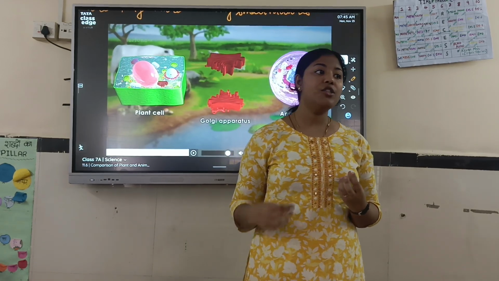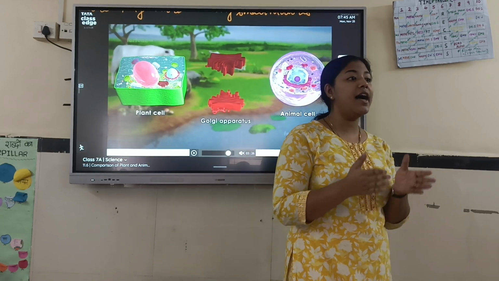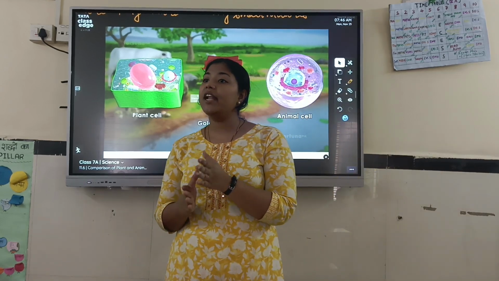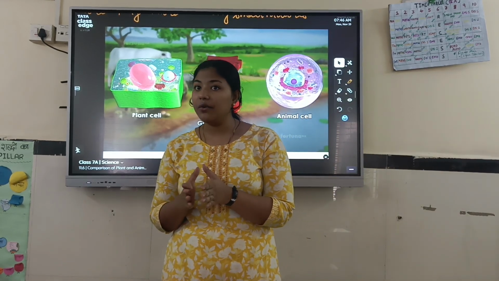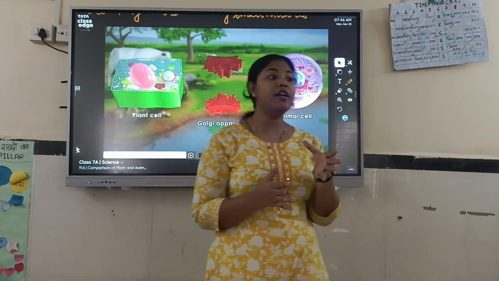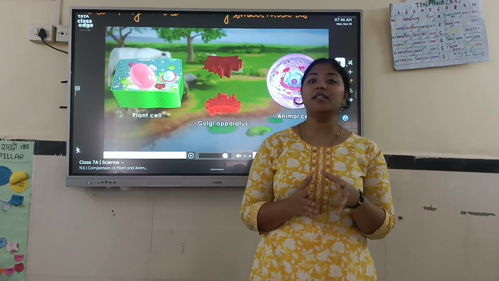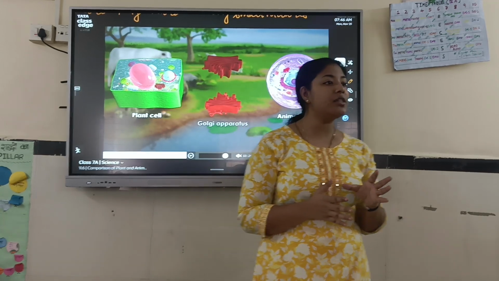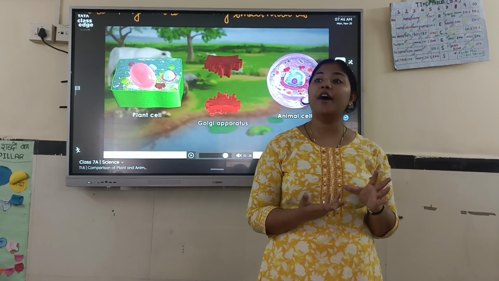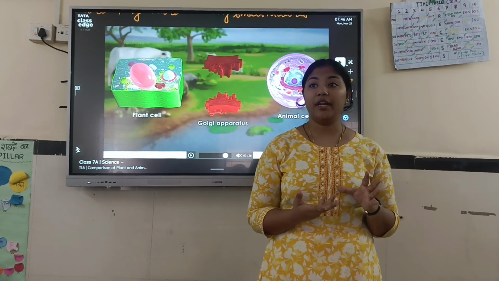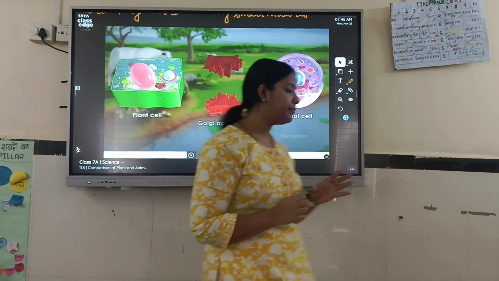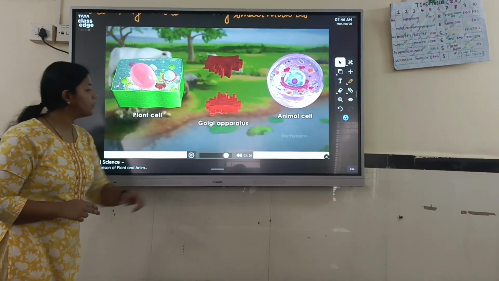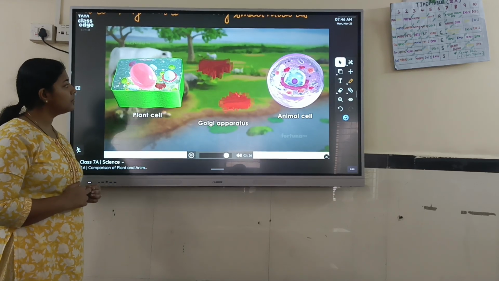Understood? So what is the structure of the Golgi apparatus? They are flat sacs. How are they arranged? Parallel to each other. Now each sac is filled with a fluid. What does that fluid consist of? Enzymes. What is the function of enzymes in these sacs? What do they modify? The proteins. Understood till here? The Golgi apparatus helps in protein packaging.